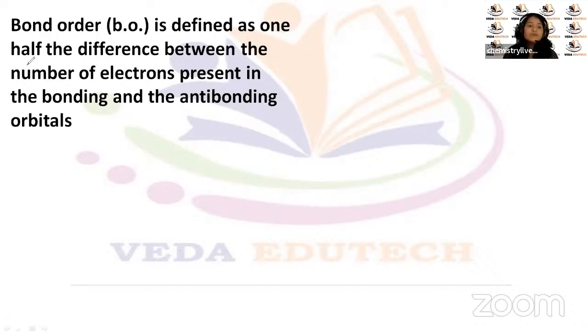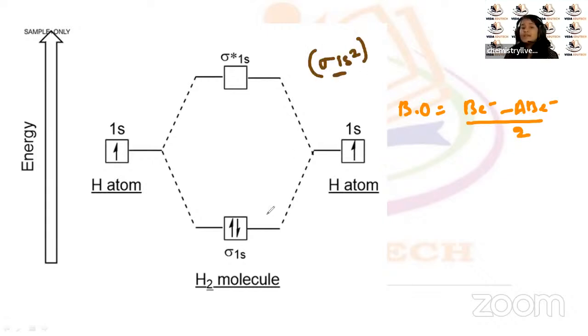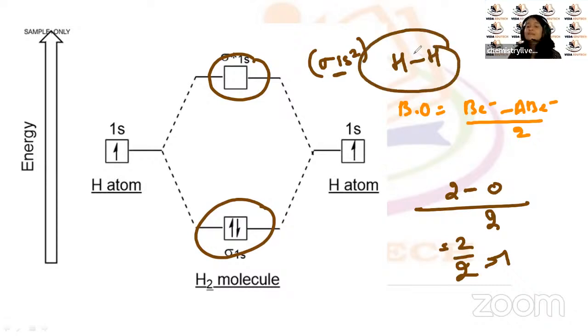तो अगर हम हाइड्रोजन मॉलिक्यूल के लिए कैलकुलेट करें, व्हाट इज द फॉर्मूला ऑफ बॉन्ड ऑर्डर चिल्ड्रन, बॉन्ड ऑर्डर इज इक्वल टू बॉन्डिंग इलेक्ट्रॉन्स माइनस एंटी बॉन्डिंग इलेक्ट्रॉन्स डिवाइडेड बाय 2। बॉन्डिंग इलेक्ट्रॉन्स यहाँ पे कितने हैं, हमने बनाया था 1s2, इतना ही था। तो बॉन्डिंग में 2 इलेक्ट्रॉन हैं, तो 2 इलेक्ट्रॉन्स माइनस एंटी बॉन्डिंग में 0, डिवाइडेड बाई 2, सो दिस इज 2/2 इक्वल्स टू 1। इसीलिए जब हम हाइड्रोजन लिखते हैं हम H बॉन्ड H लिखते हैं, ठीक है। समझ आ रहा है, ओके।